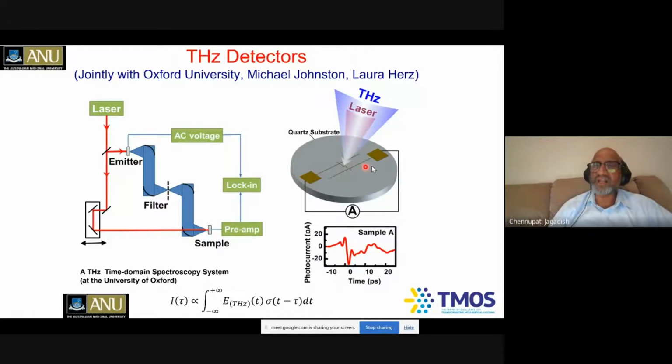Then she made contacts using electron beam lithography. It connects to an ammeter, for example, here. Then we come with a laser pulse to excite the electron-hole pairs in the nanowire, and then you come up with a terahertz pulse. The electric field of the terahertz pulse separates these carriers, and you measure the photocurrent as a function of time. If you can measure the current as a function of time, you can extract the electric field of the terahertz pulse as a function of time, and also the conductivity of the material we're dealing with as well.